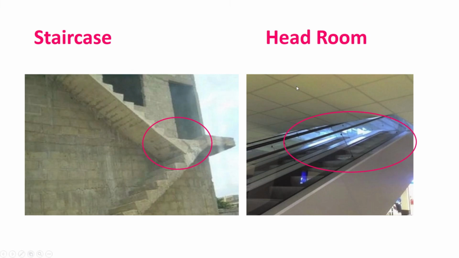On the right side again you can see, here we have an escalator, but you can understand the headroom provided here is not appropriate. So a person standing here cannot pass through. So there is gross misplanning with respect to the minimum height which is required to be provided for a room, or the headroom which is supposed to be provided either for a staircase or an escalator.